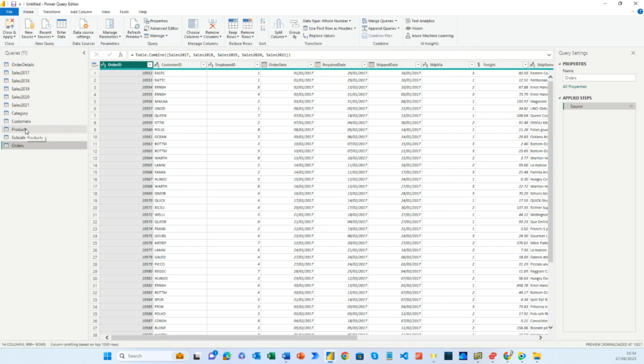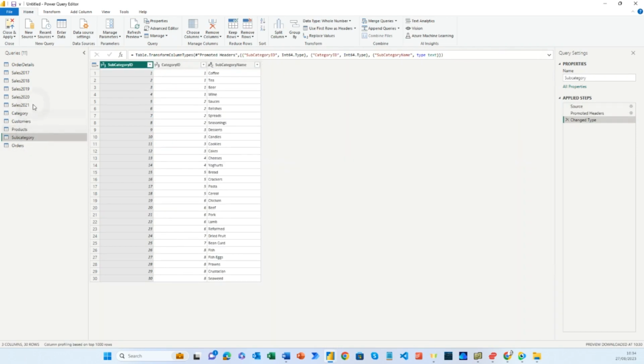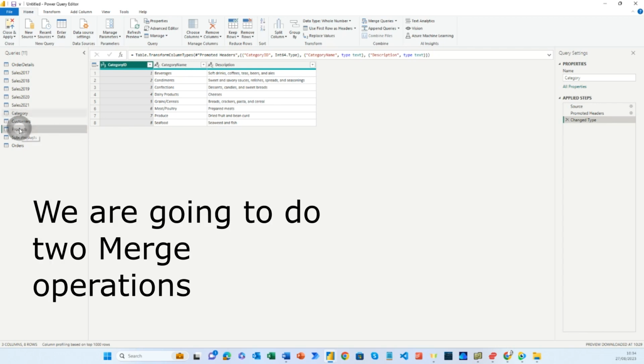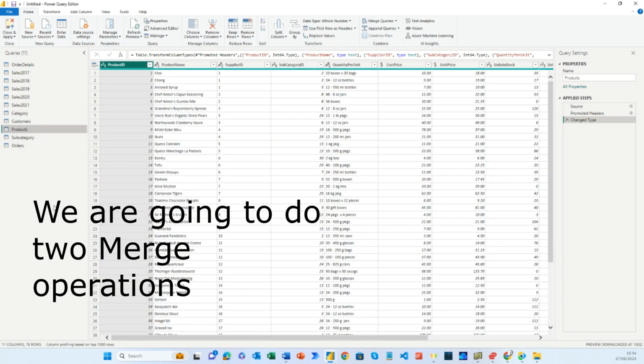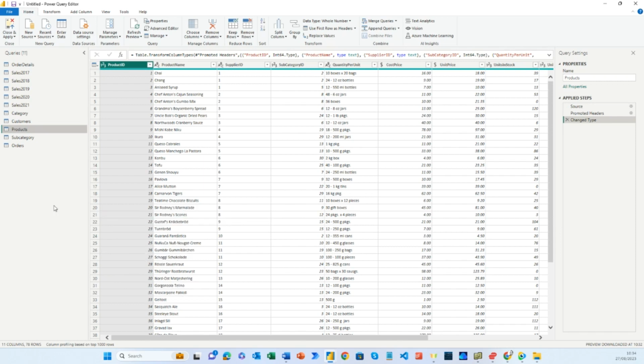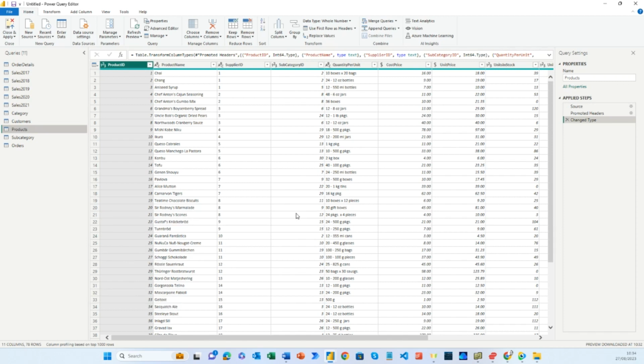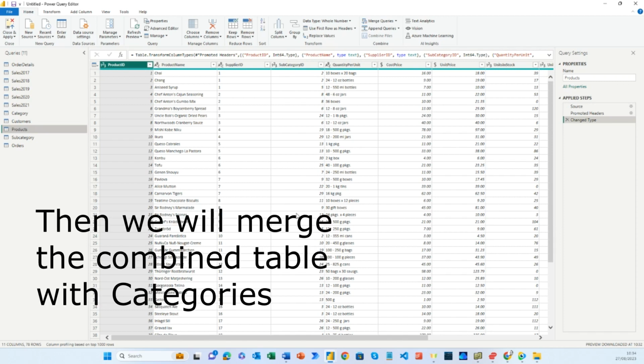Good, so now I want to combine the products, the subcategories and the categories into one table, and we need to start at the most granular level because the pointers to the other levels always go upwards in the hierarchy, from the granular levels at the bottom up to the more aggregated levels above. So I need to start with products because that's got the subcategory ID in it, and link that first of all to subcategory. But if you remember what I said in the previous video,